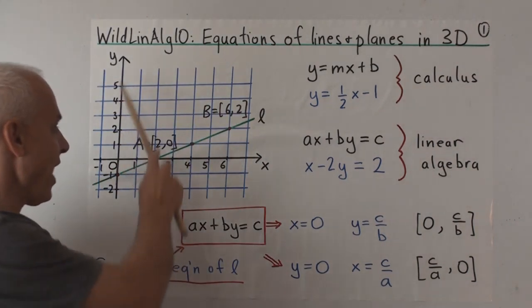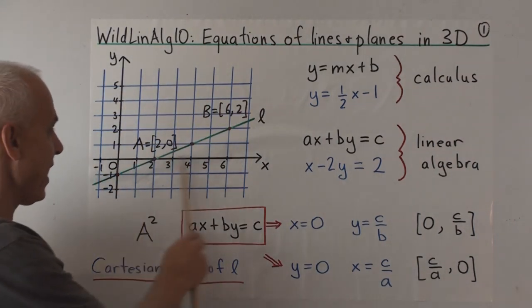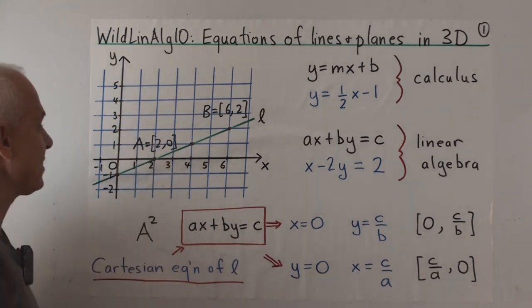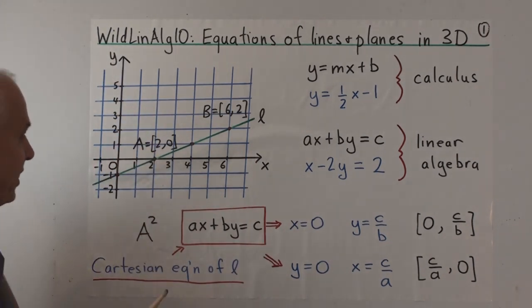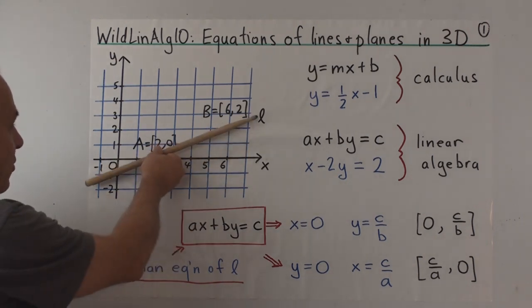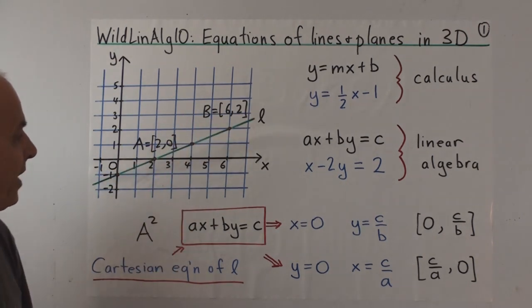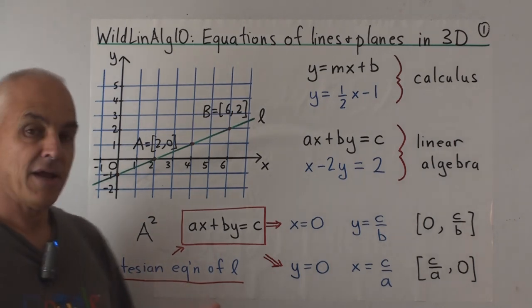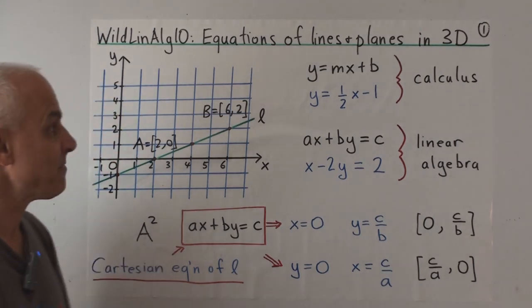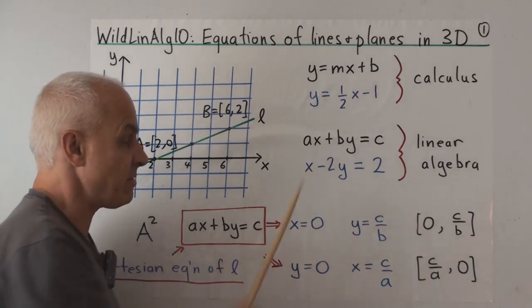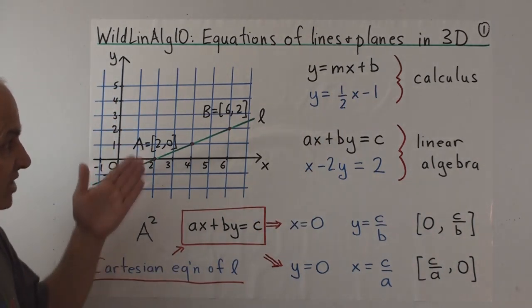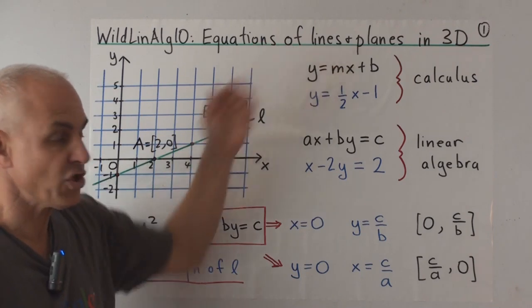Here is the usual affine grid plane with x-axis and y-axis, not necessarily perpendicular. And let's start with an example of a line. Say this green line here, line L. In ordinary high school mathematics, we learn that lines are represented by the equation y equals mx plus b. That emphasizes the fact that y is a function of x.